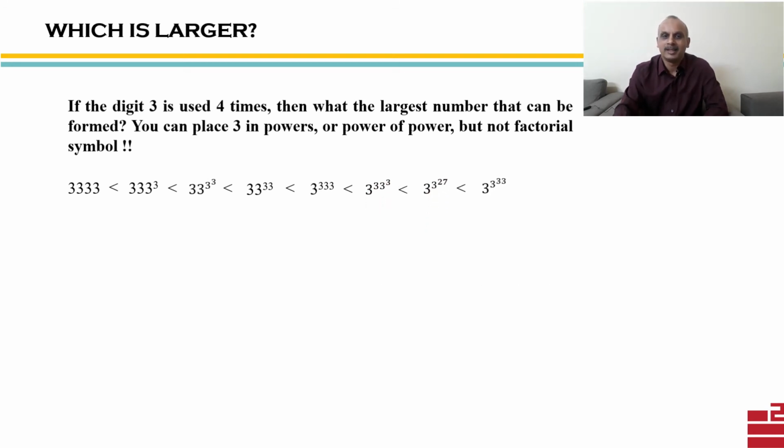And so I can say this is the increasing order of the 8 numbers. Since our original question was which of them is largest, we can say that the largest such number is 3 to the power 3 to the power 33. Sometimes students feel that the largest number should be 3 to the power 3 to the power 3 to the power 3, because the more the powers and to the power of that is there, the bigger the number is going to be. But it all depends upon the digits. Alright.